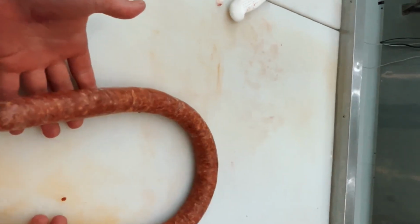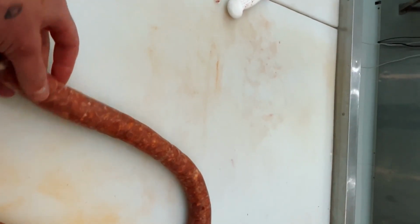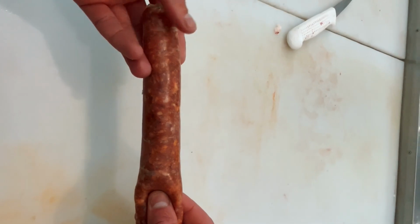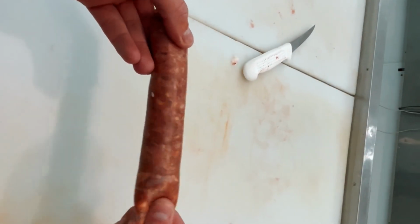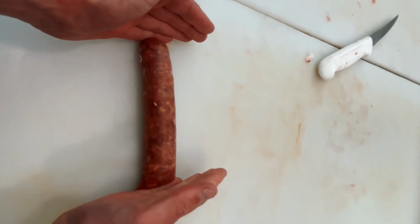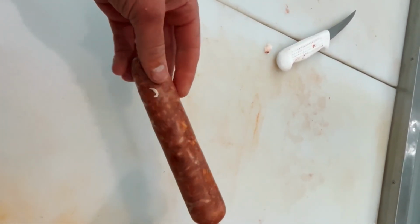So now you've got your sausages. So we're just going to do a quick link. Very simple. You don't have to do this. You can just twist them to the size you'll want. But I'm just going to do a link just for the video's sake. So I'm going to do him that size of a normal sausage, twist like that,